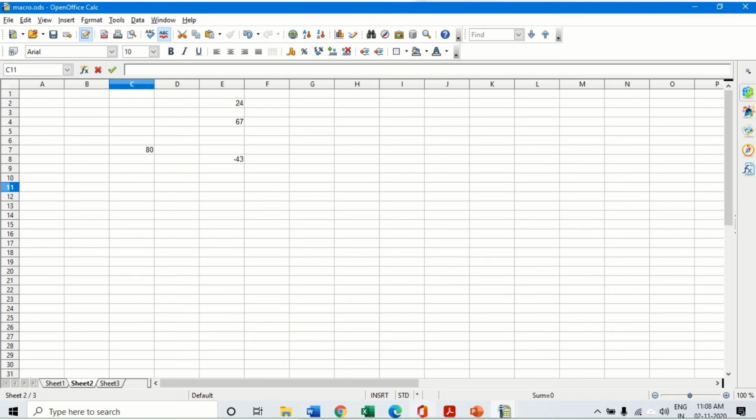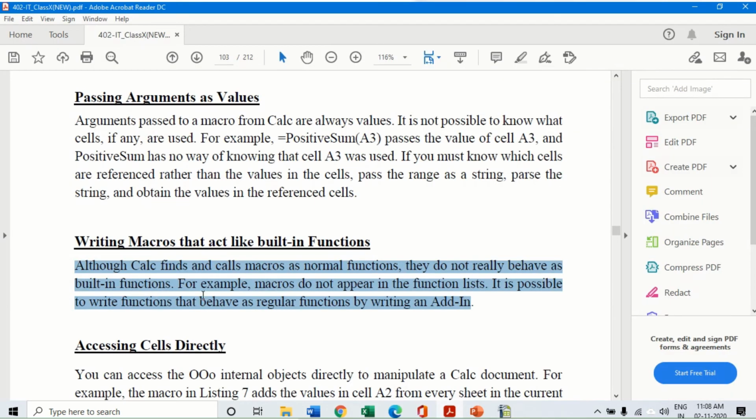So although Calc finds and calls the macro as a normal function, they do not really behave as built-in functions. For example, the macro does not appear in the function list. As I told you, the sum was available, the max was being shown, but our functions which we wrote are not available.